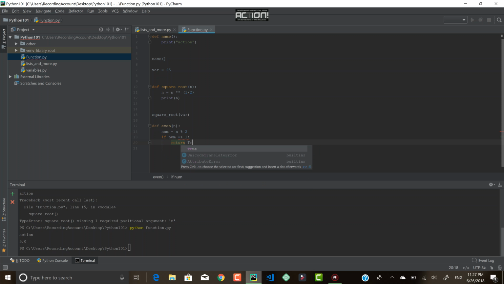return true. Else num, actually I'm going to do this next. If num is equal to 1, else return true, false. Okay, so that was probably a lot to take in for this function,